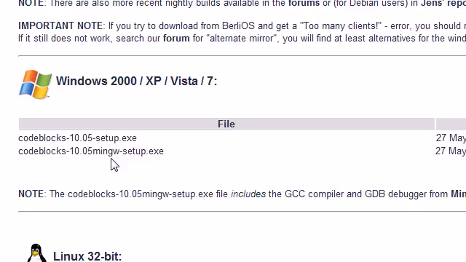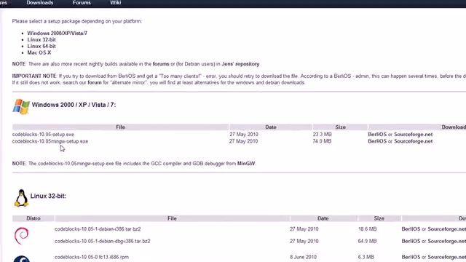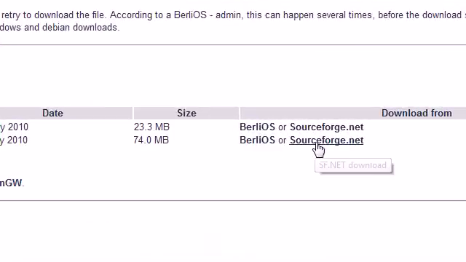So when we download this, it's going to give us the IDE, and remember that's where we write the code, and the compiler as well. And remember, the compiler is the program we need so the computer can understand what we're doing. So go ahead and you can either download it from Barely OS or SourceForge. I already have it downloaded, so I'm not going to click this, but